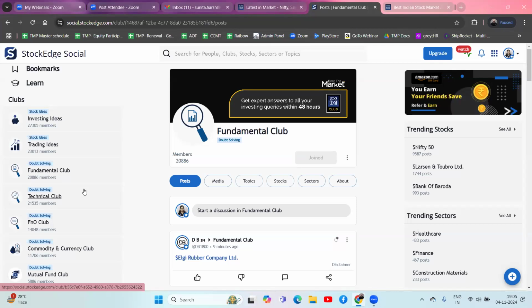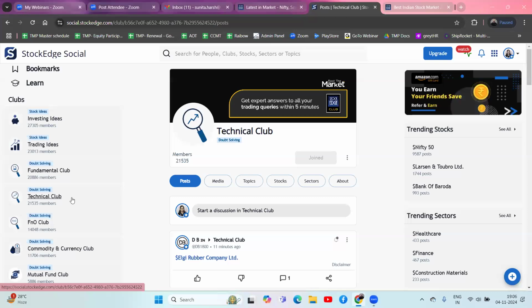So per stock reply time is 24 to 48 hours. तो अगर आपने 2 स्टॉक डाले हैं दिन के, you will get the reply within a maximum of 4 days time. Okay, this goes for the fundamental club, but technical club is like technical के बारे में अगर आप technical जानने